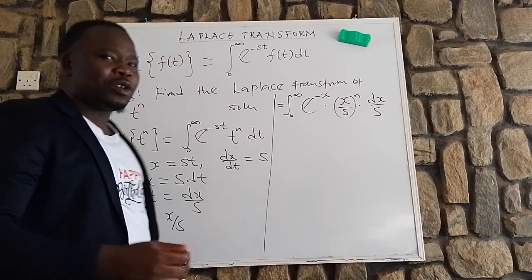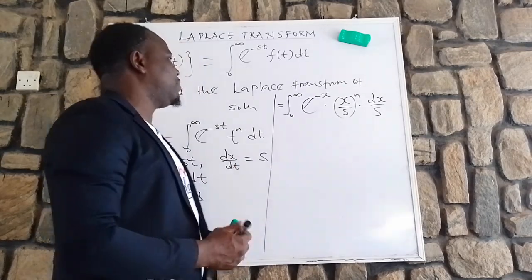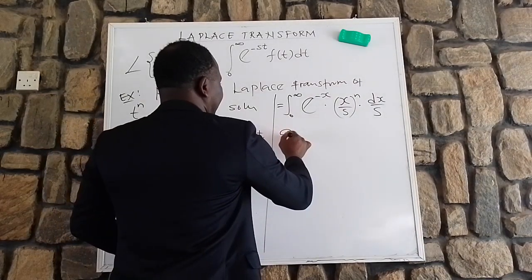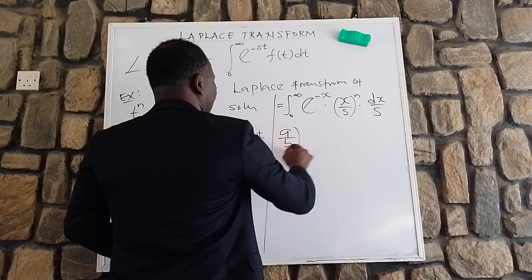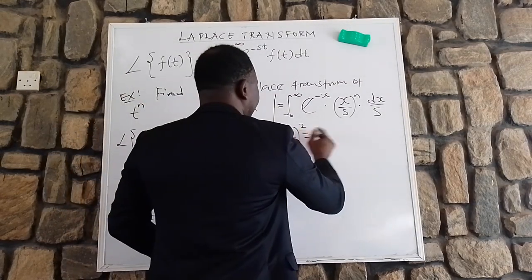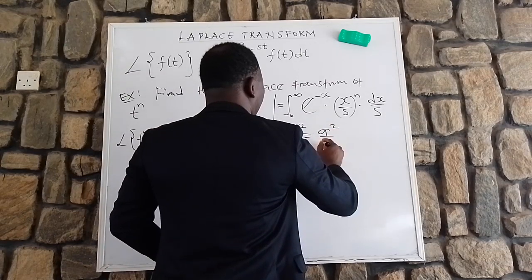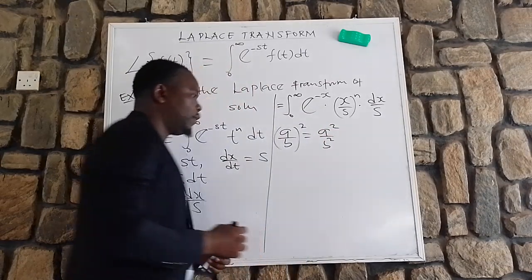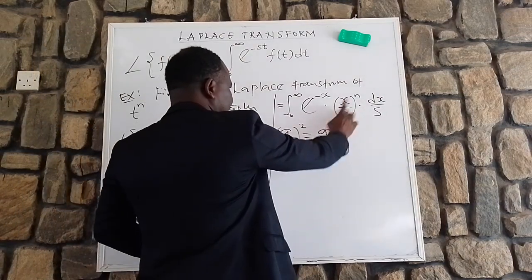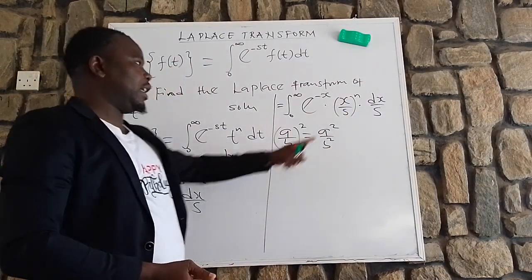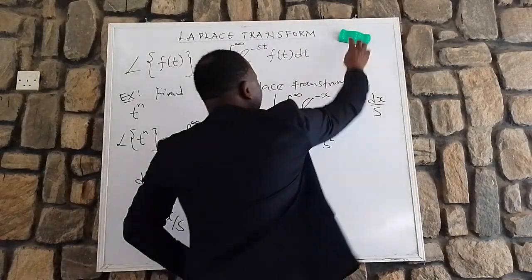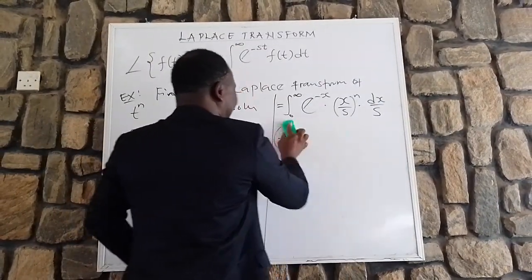Let's go back to our indices, our elementary mathematics, where if we have a all over b raised to the power of 2, this is the same thing as a raised to the power 2 all over b raised to the power 2. True or false? I'm doing this because of something I'm saying here. So if you agree with me, it implies that inside this integral,